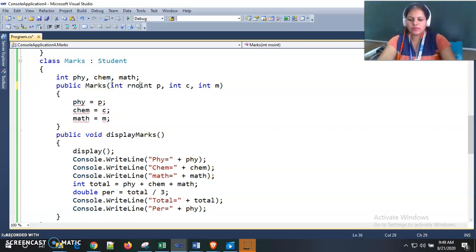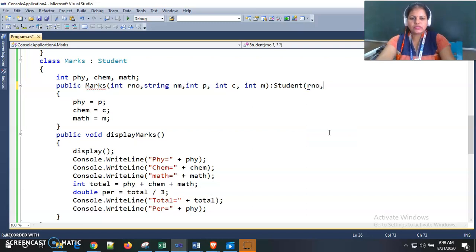Then this is my roll number and another is my name. Now here we need to mention that this roll number and name I want to give as parameter values to my base class constructor. So how can we do this? By using this syntax.